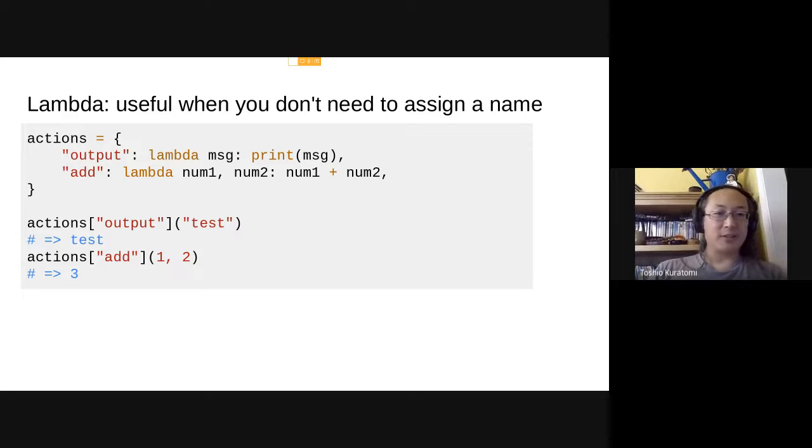Second thing gets parsed and the computer says, okay, I parsed out add 1 and 2. Okay, consult the actions dictionary for add. Okay, here's the function associated with it. Call that function with 1 and 2 passed in, and then it'll get back 3. So this is an example of where you might use lambdas. Remember though,